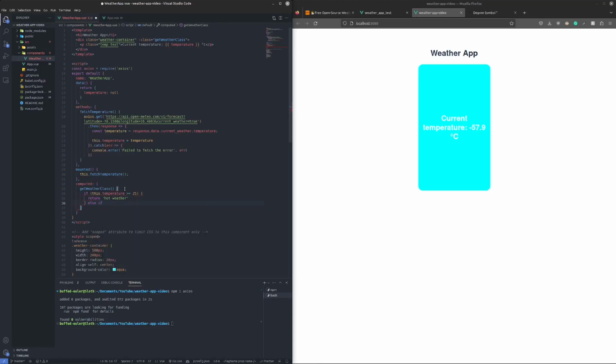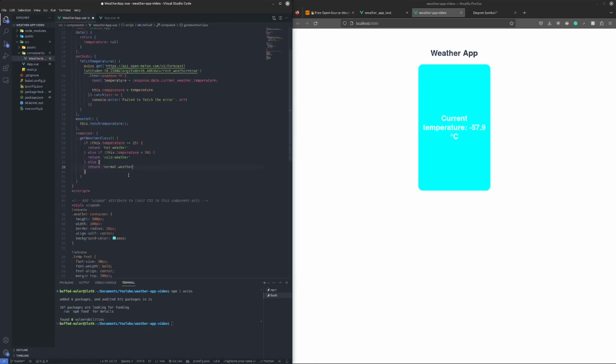Else if this dot temperature is below 10, return cold weather, and else return normal weather. Okay,